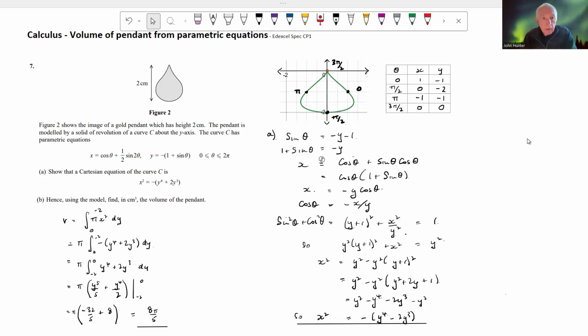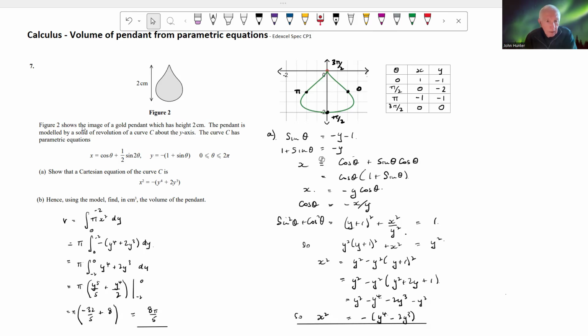Okay, this is a calculus problem. It's basically a volume of revolution, but from parametric equations. So, as you'll see, we're going to actually form a Cartesian equation and then do the volume of revolution from that. Okay, so here we've got this question, which incidentally is from an Edexcel specimen paper, called Pure